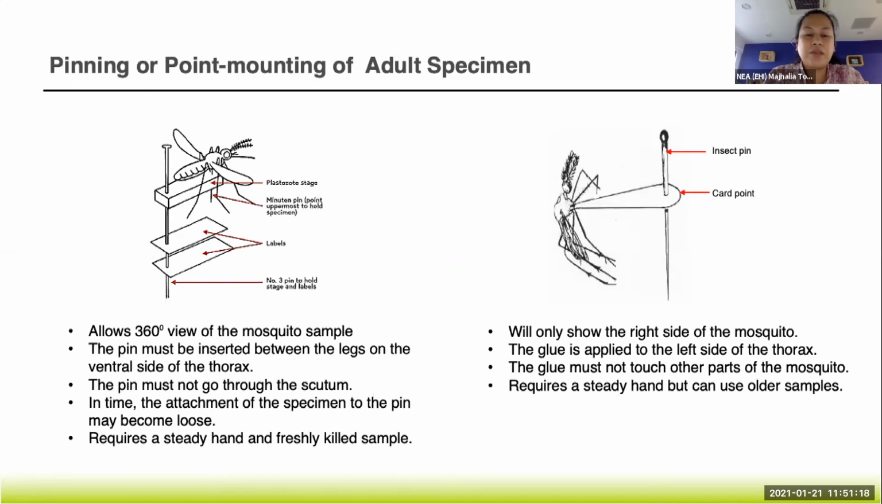So as soon as you kill your sample, you have to pin them, because at this time the body is still malleable or soft enough for you to pin them. But after that, they will start getting brittle. Then you cannot pin them anymore, because once you start putting pressure on your sample, the legs will fall off, the wings will fall off, then you don't have a sample that is good enough to maintain in your